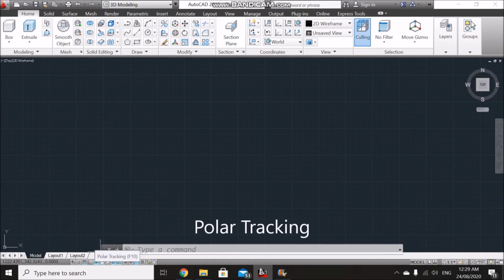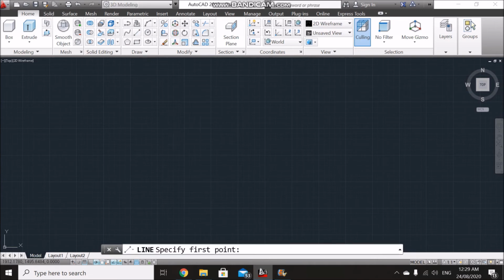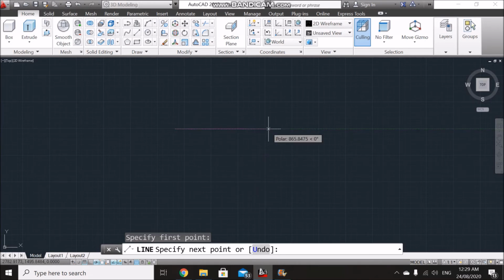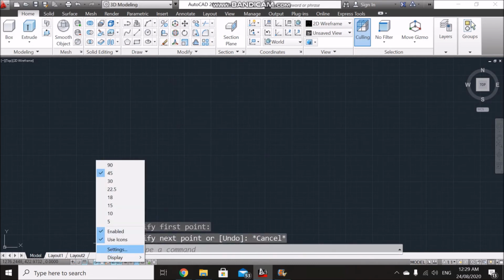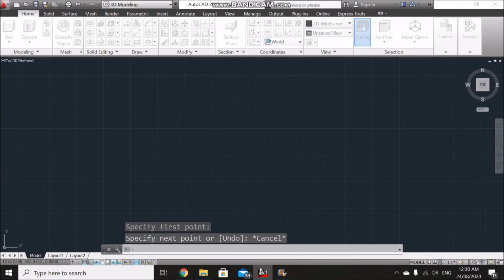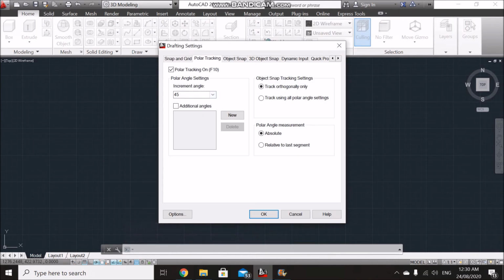This is what I was telling you last session. Polar tracking is the one that guides you on whether you're on a straight line, because it's really hard to manually select which is a straight line. So polar tracking does that for you, and you can set polar tracking by right clicking on it and going to settings. So if you wanted your polar tracking to guide you on a particular angle, for example because you wanted to draw a triangle, and triangles are on certain angles, you can